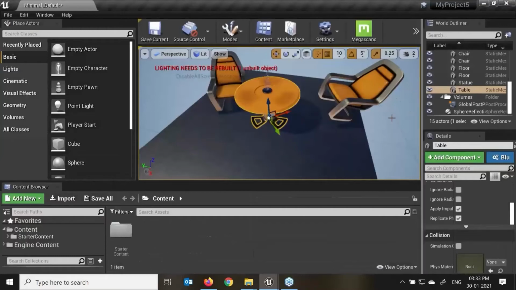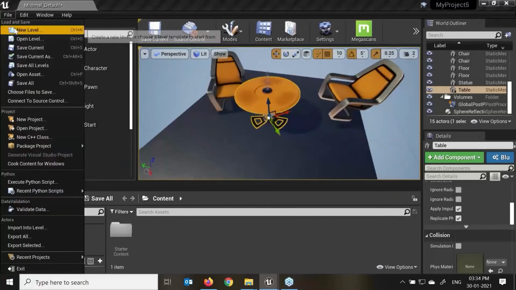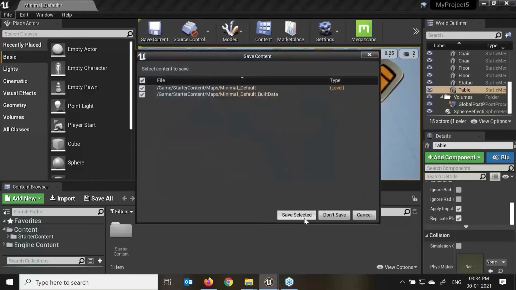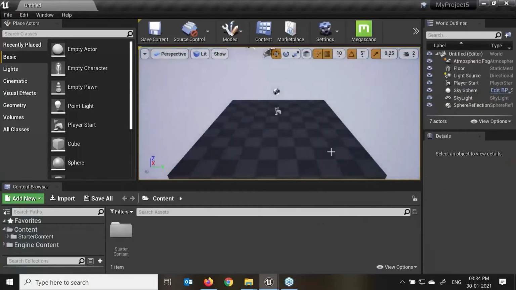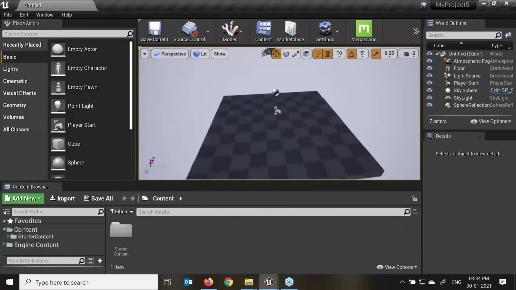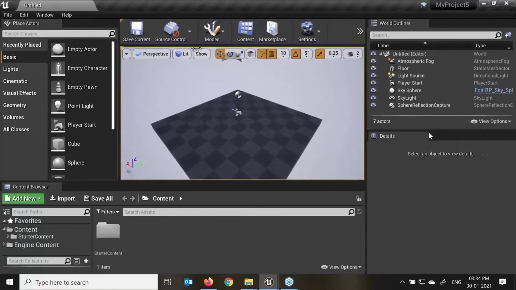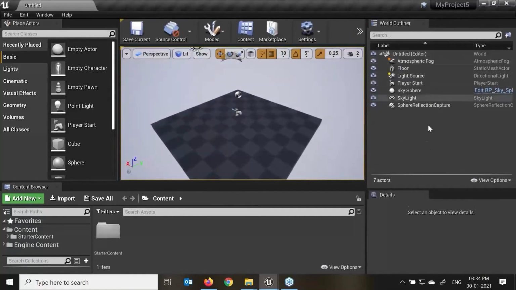Right. So I hope everyone has understood about the viewport, the level, right? We'll try to go on to understand the place actor and the mode actor what we have over here. First of all, I'll create the file in the new level. I'll create this simple, like the default layout, save selected. If you see, this is just a simple level editor. By default, I have these objects and the lights in my scene. Here you can see over here into the outliner editor.